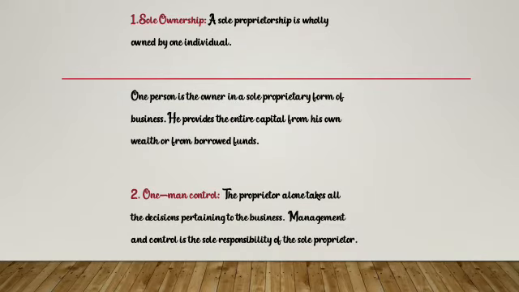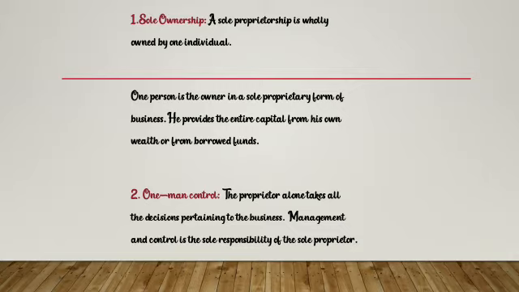First is single ownership. This means that the person is one and the business is there, which a single person has to control, own, and direct. Here, the individual supplies total capital from his own wealth. He could even borrow the funds that he is going to invest for his business, or that could be his own wealth that he has.